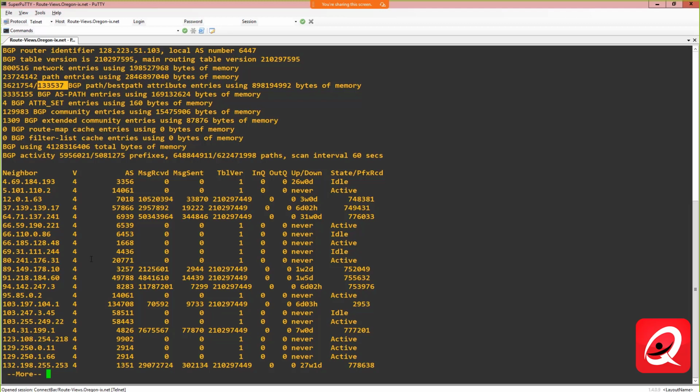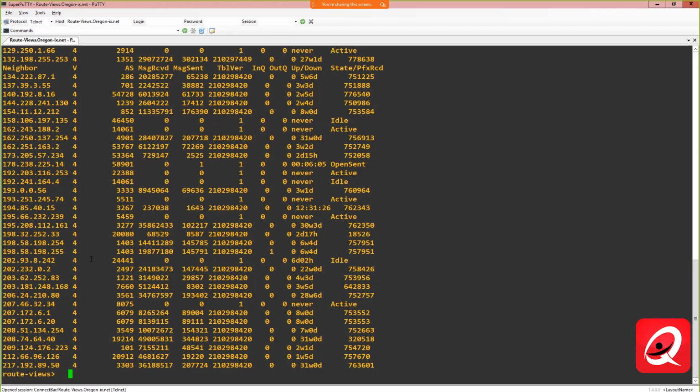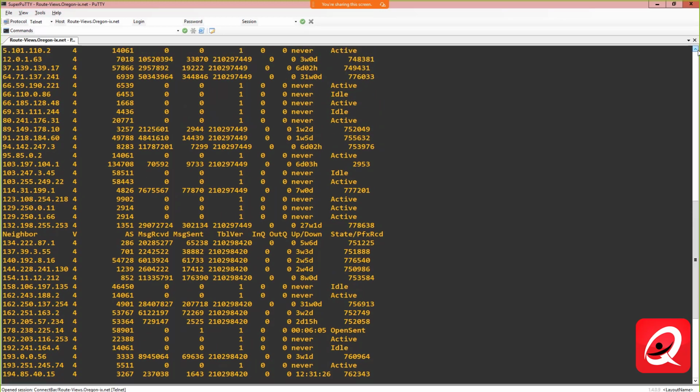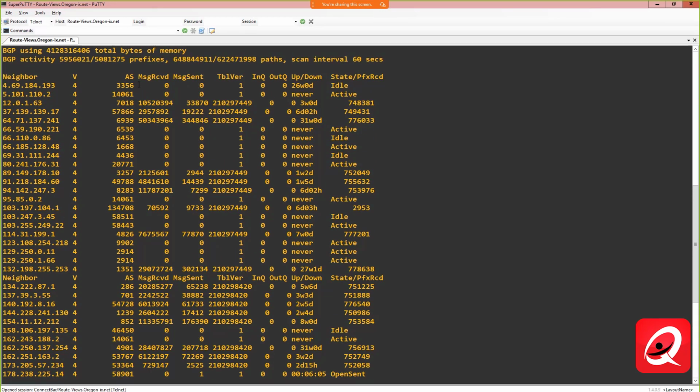Now you could sit here and hit the space bar and you would see a list of prefixes. And we'll actually talk about how to read this database and what all these numbers mean. What is the AS? What is the state prefix received from that particular peer? And we'll actually talk about the attributes as well. If I do a show IP BGP,